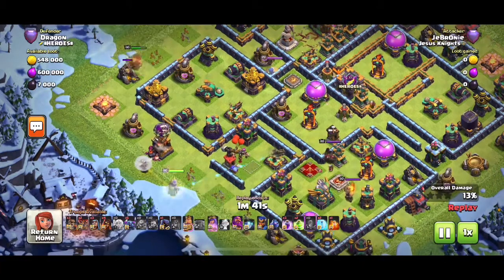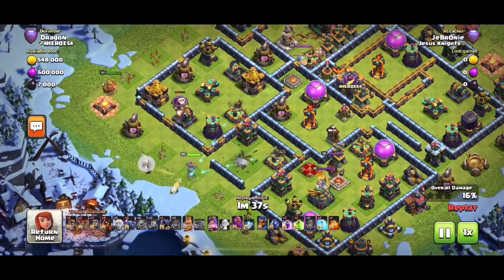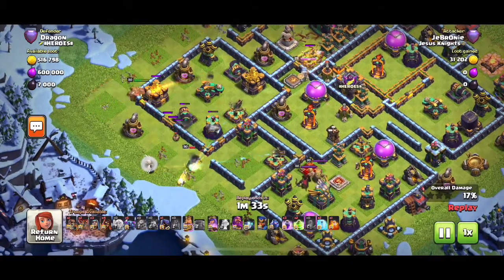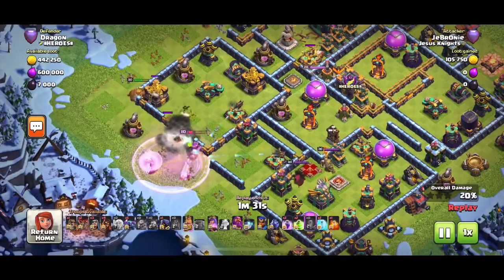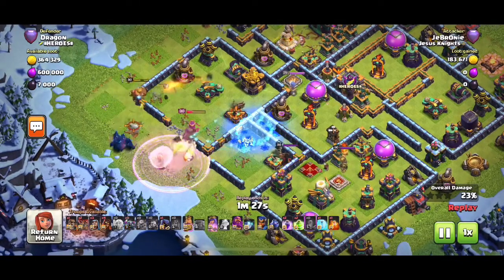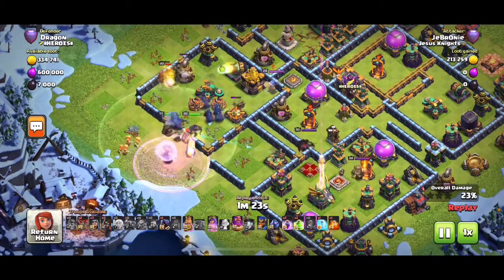I also normally bring some super wall breakers with me. I normally bring 3 in a Legends attack. If you're planning a war attack, you might not need all 3 of the super wall breakers. So as you can see here, I did have to use a rage spell on the queen. That was unfortunate. But I bring the Pekkas with my warden and then my super wall breakers and super wiz,